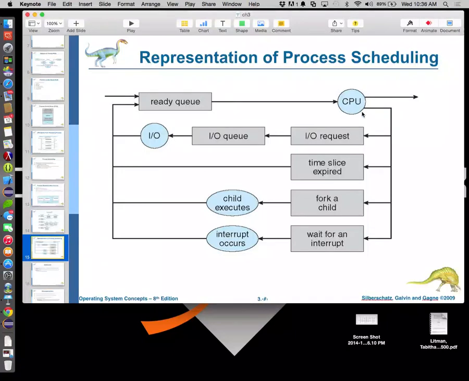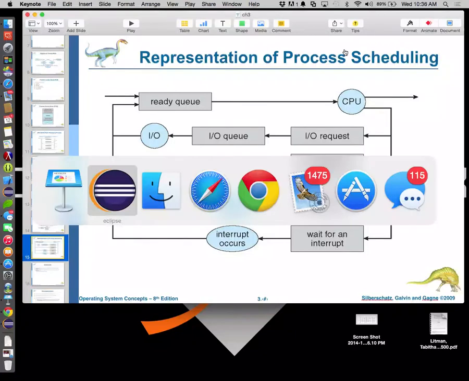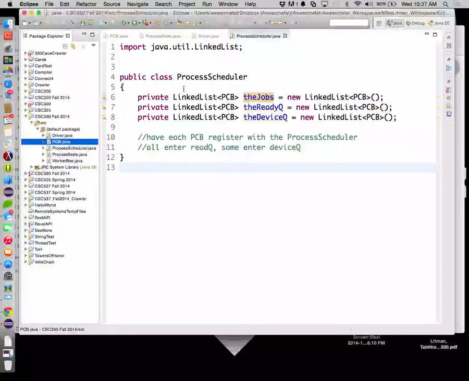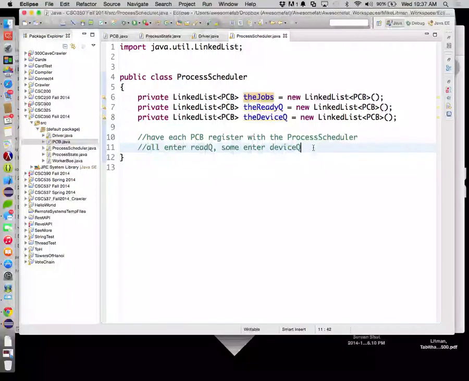So the part that we haven't written yet is this idea of a CPU. So let's start writing some code for that. So our process scheduler is going to live here. Well, actually, even before we do that, every single time a new job is created, that is, every single time you double click on a program, the process scheduler needs to be made aware. Okay? So let's actually write some ability into our process scheduler for this. All right, so we're going to say,